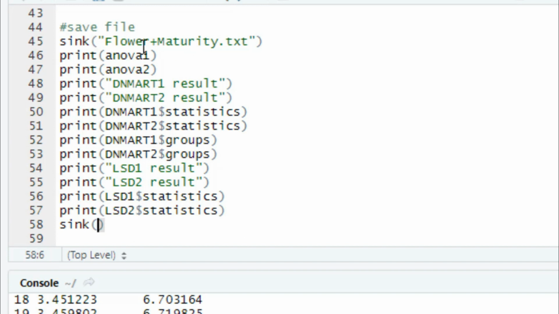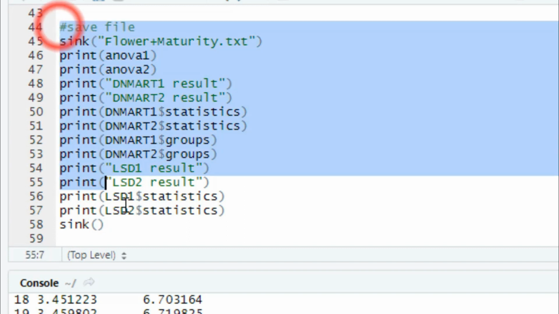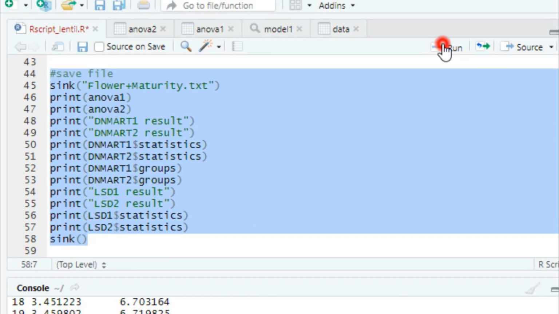So print ANOVA 1, ANOVA 2, DMRT1 result and 2 result, DMRT1 statistics, DMRT2 statistics, DMRT group 1 and group 2, LSD1 result, LSD2 result, LSD1 statistics, LSD2 statistics, and then sink all options. So we can select and run.